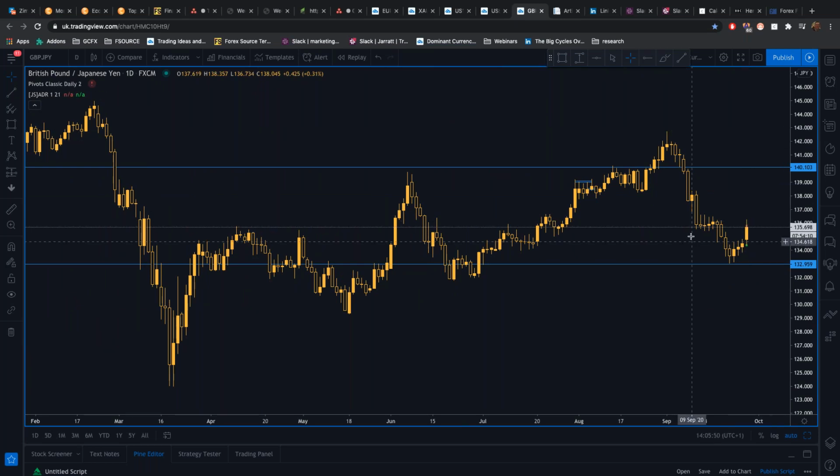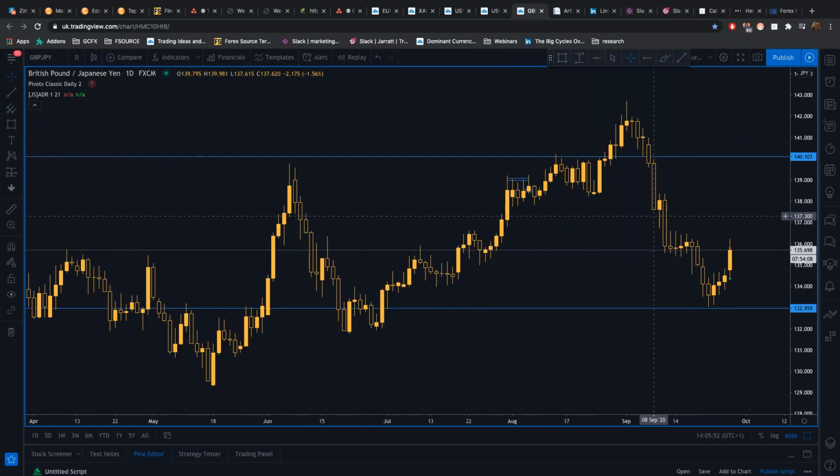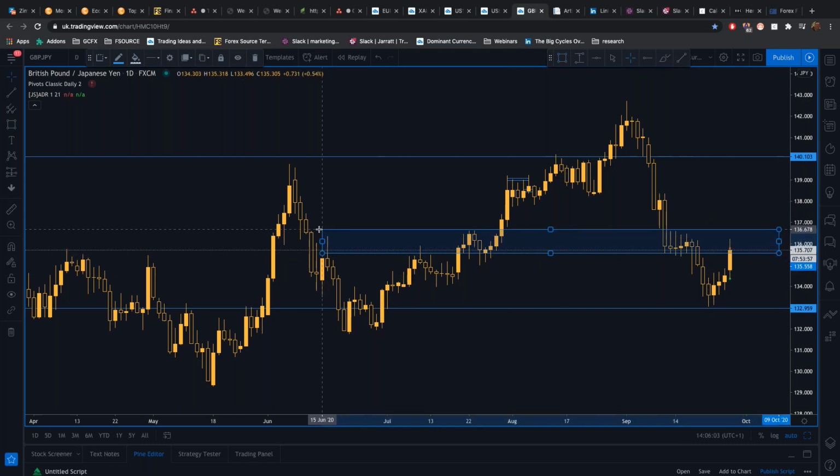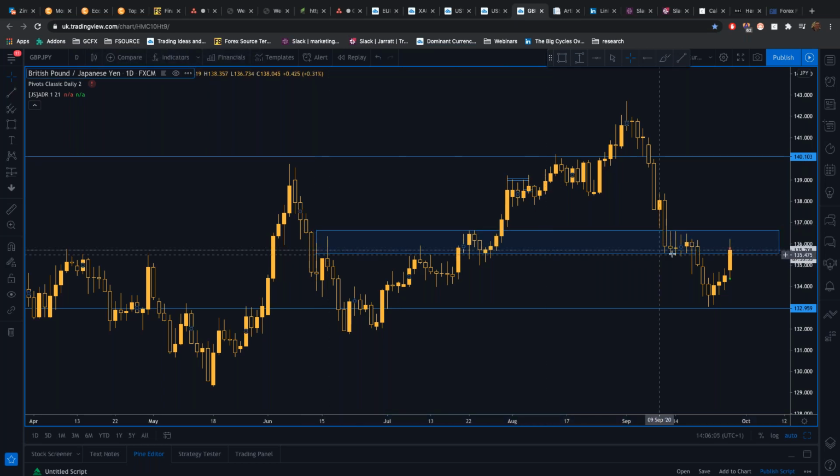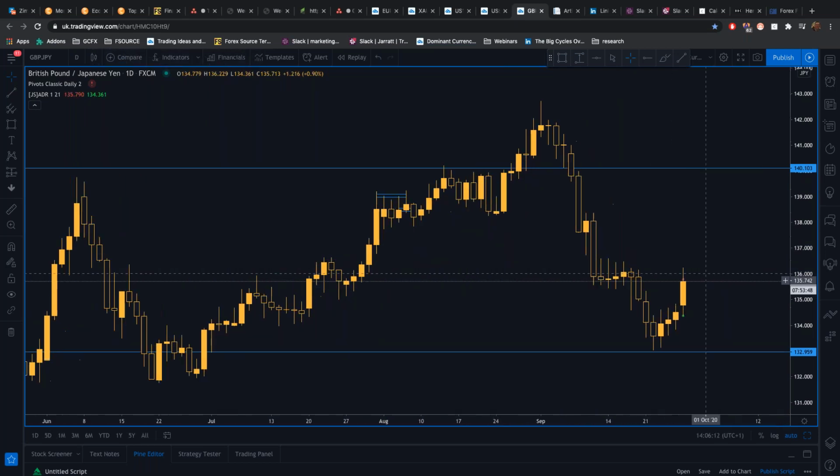Okay, so you can see pound has come into that near-term resistance level. So we would expect to see some sellers at this level here, because we just get up into that resistance level. You can see that was resistance over here, here, here, and here. So we are seeing some sellers at that level, but the pound is rising on optimism that some EU Brexit deal will be done.